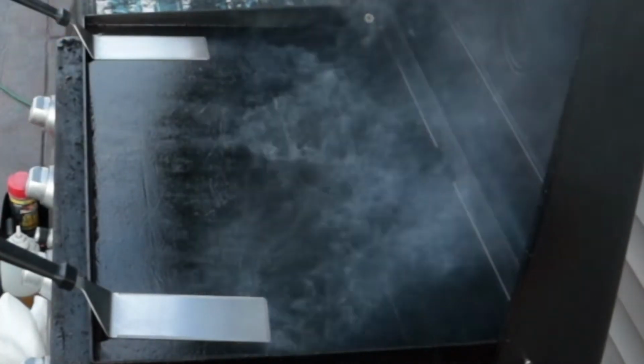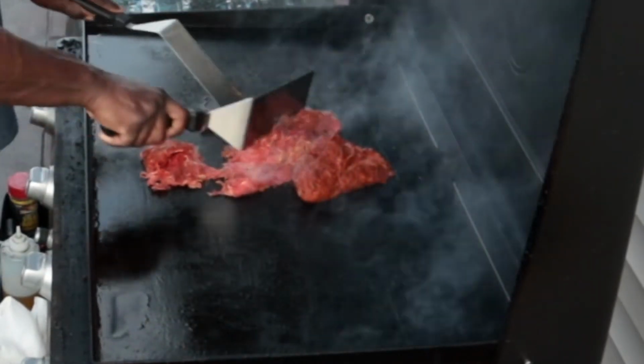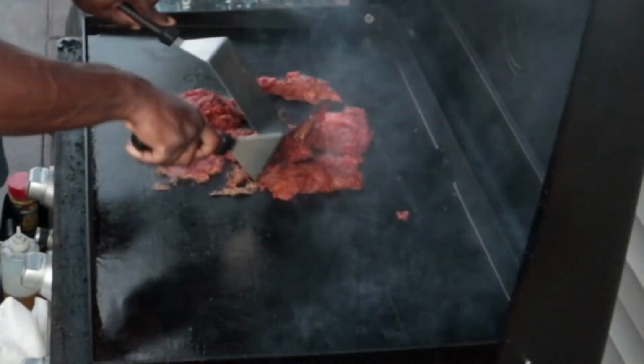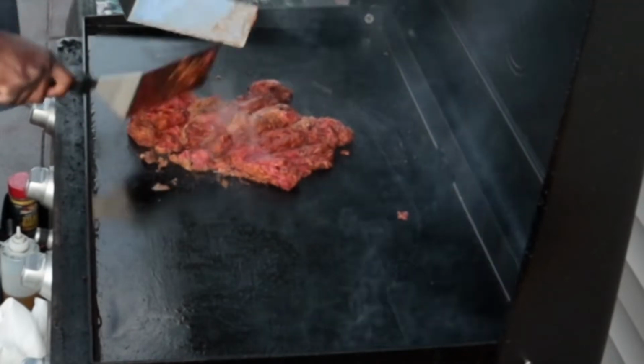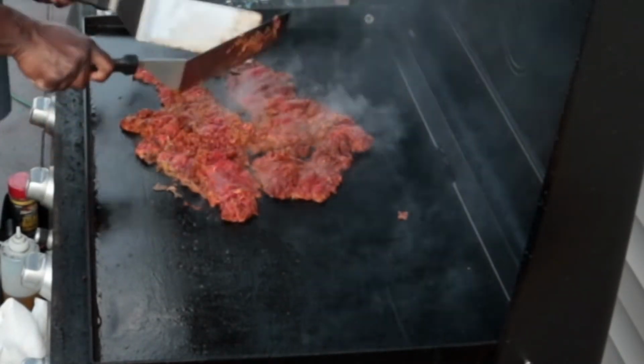As you can see, we're going to go ahead and put down the ribeye shavings and then that marinade that I mentioned a little bit earlier. Now, the ribeye shavings are a little bit frozen, and so what I have to do is chop it up and play with it to break that freeze. Right now it's actually on high heat. Later on in this cook, I'll turn it down to a medium or medium high. But to get a nice even cook and to get this chopped up as quickly as possible,